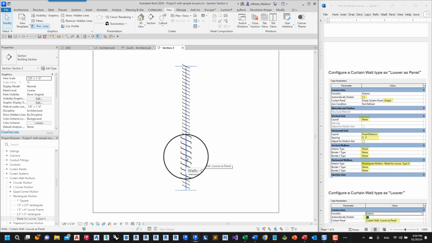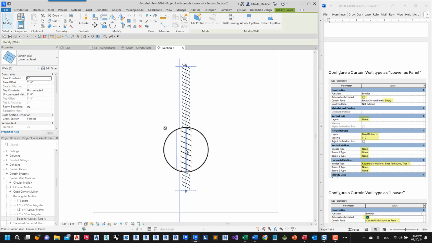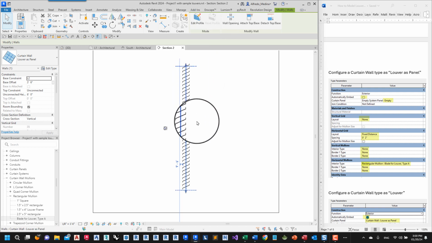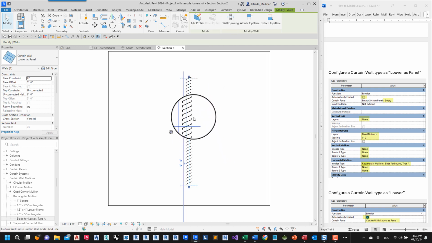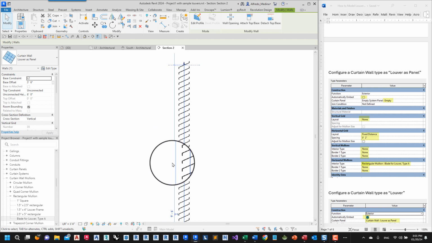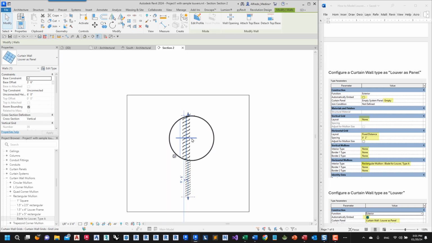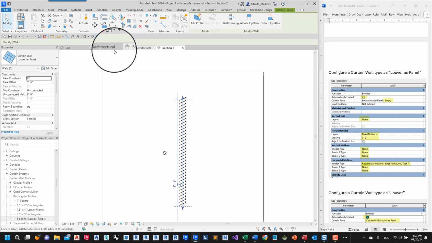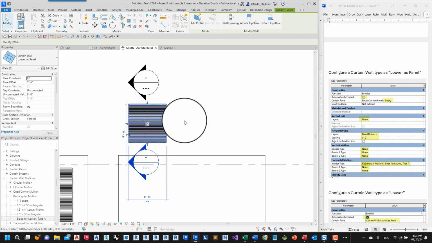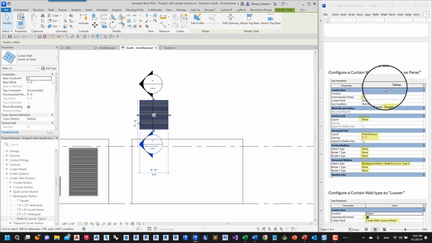If the blades need to be facing the other way, you can always click here and right click and use change walls orientation, so that this face or this shape goes towards the exterior. Okay, so let's go back to the elevation. And now we have that louver as panel.